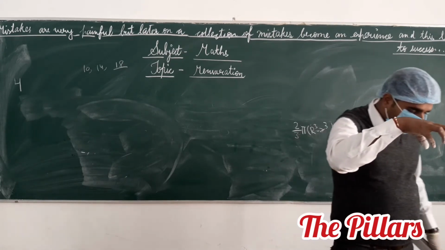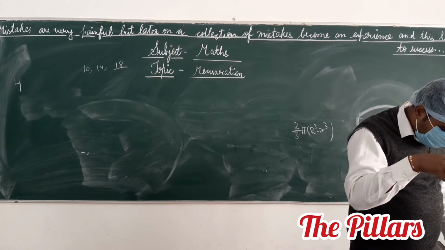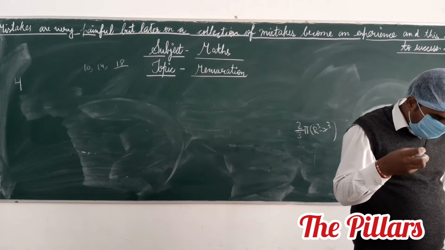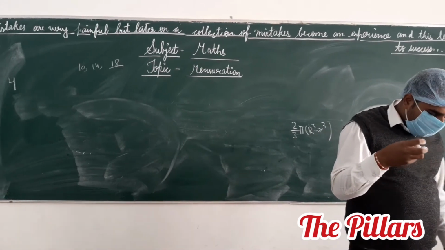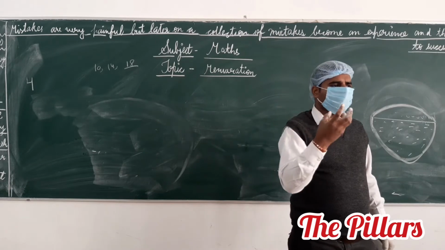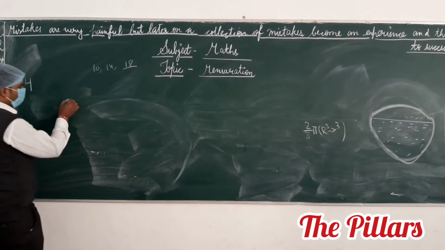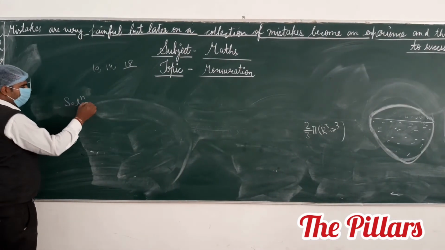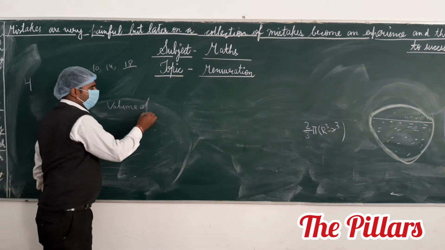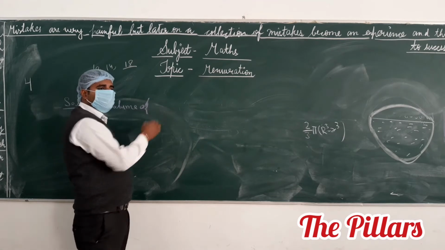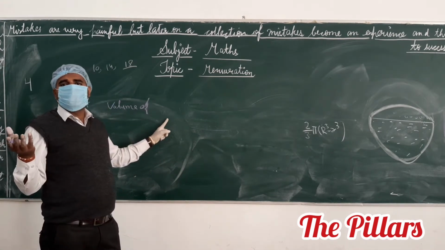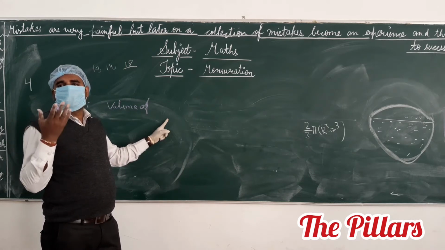After that, the question says that this same volume we have to put in a cylinder. A hemispherical bowl of internal diameter 9 cm is full of water. Contains a hollow cylinder of internal radius 6 cm. But the external is not given. Volume of the sphere, hemisphere shell. When the hemisphere is hollow, it is said to be a spherical shell, hemispherical shell.